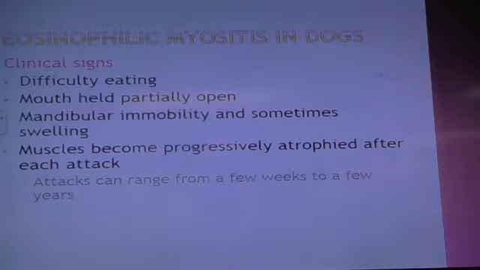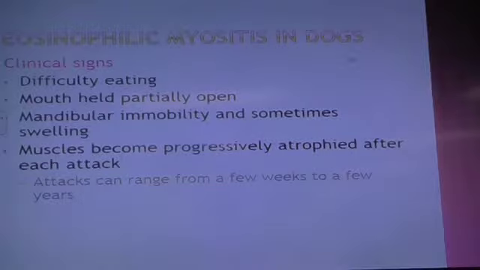So difficulty eating, mouth held partially open. The mandibular area is immobile and sometimes swollen. So the disease can go from a phase where acutely they start to have swelling of the face. And if it occurs more chronically, inflammation and necrosis lead to eventually atrophy of those muscles, and then you have indentation or sinking in of those muscles. So acutely, first it becomes swollen because it's inflamed, and then after a while it starts to atrophy, and then they start looking